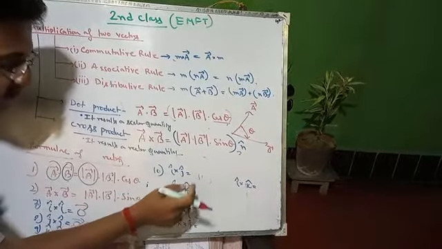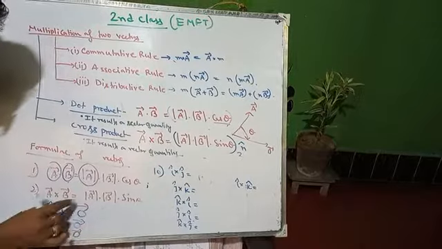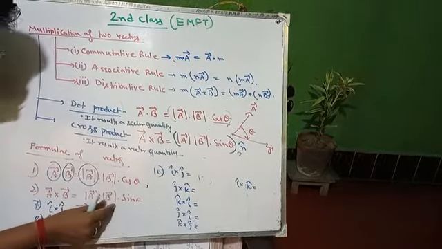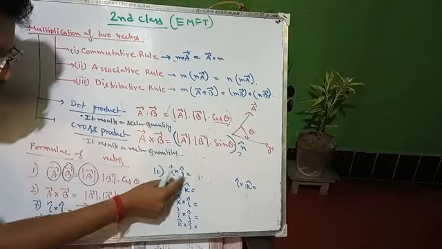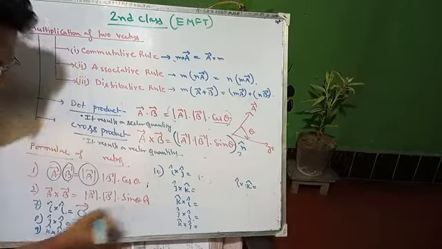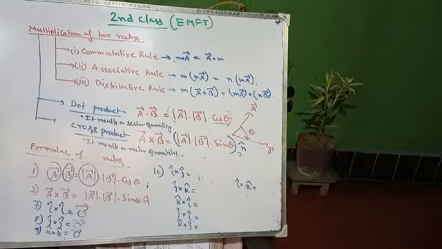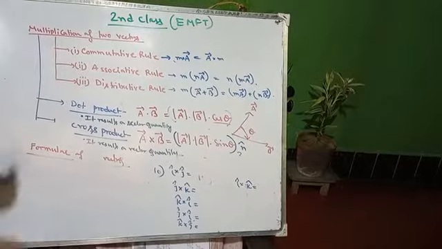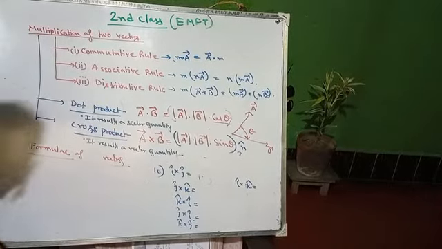I cross j means the magnitude is 1. Why? Because the magnitude of I is 1, the magnitude of j is 1, and the angle between I and j will be 90 degrees. But here also there is an n cap. So how do we find this n cap? To find this n cap, I will show you a very easy way.